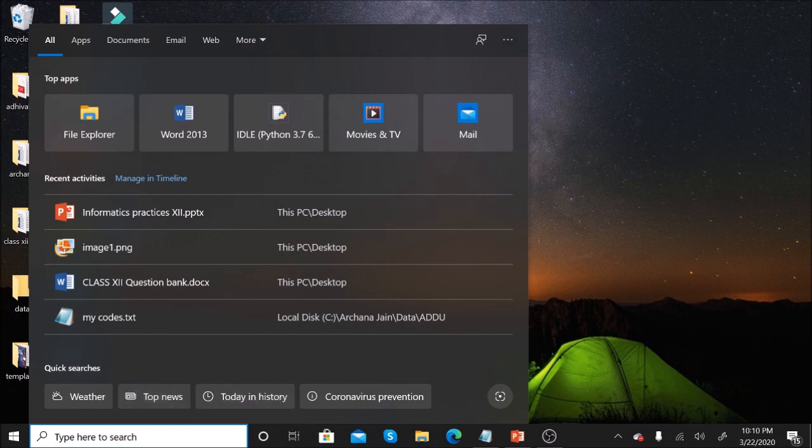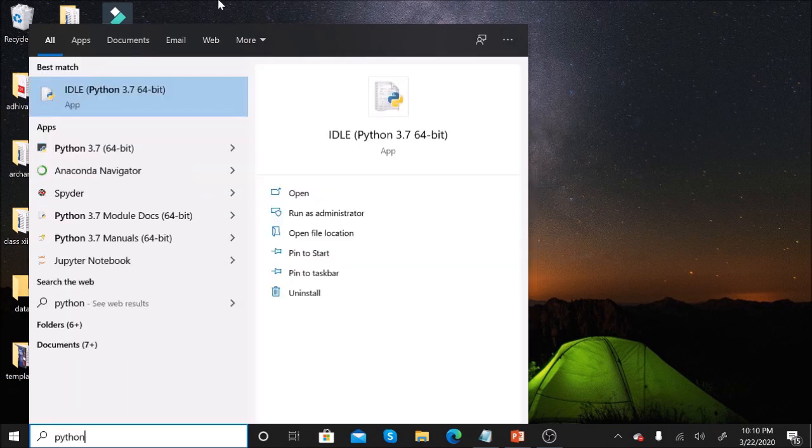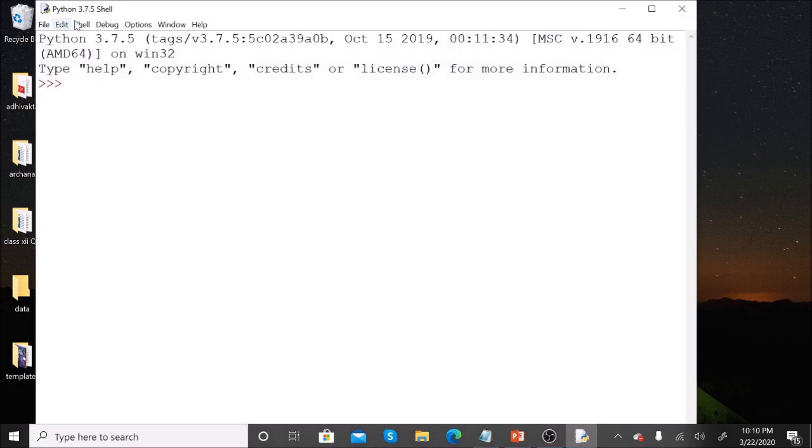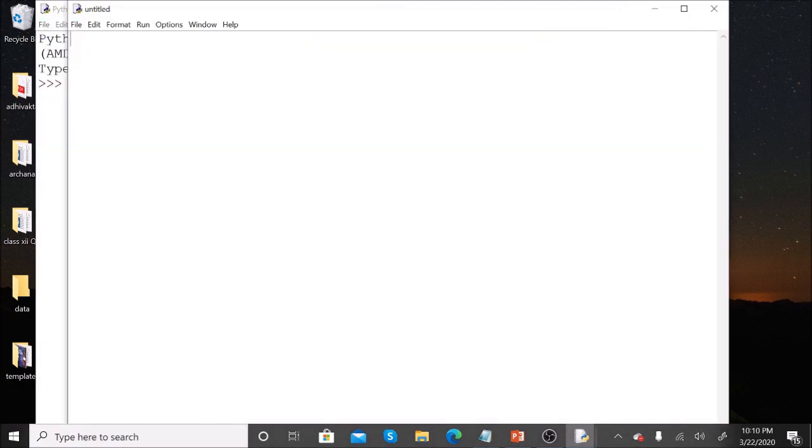Let us open the Python editor for writing the program. We'll work in the script mode. Let us import the library first. For importing the library, we'll write the command import matplotlib, and we will import the module pyplot as plt, which is an alias name for the library. You can give any name instead of this.